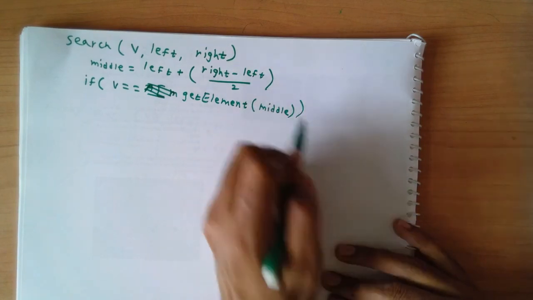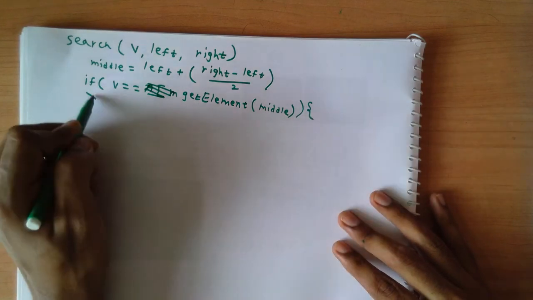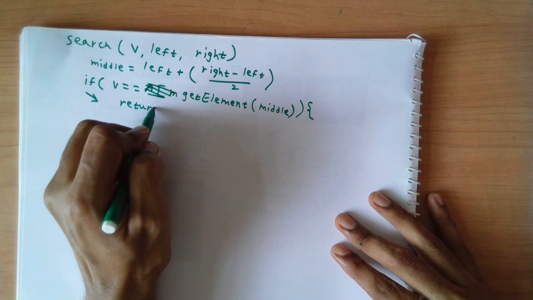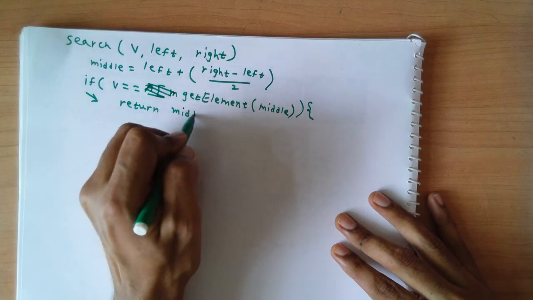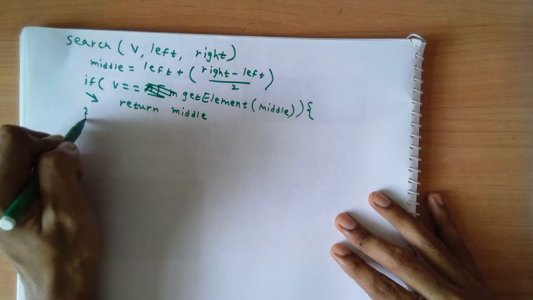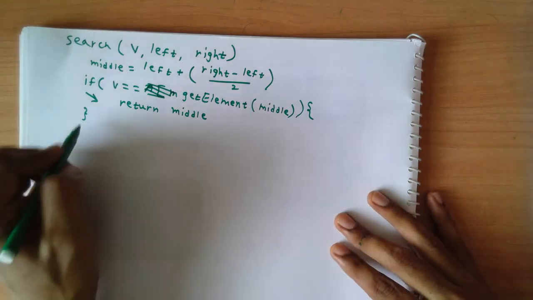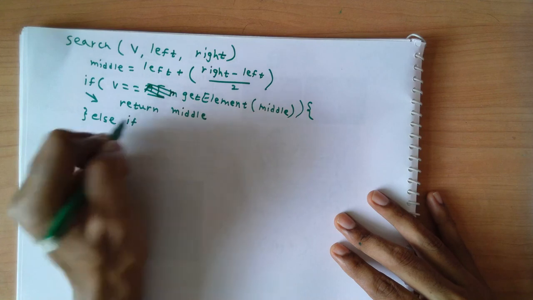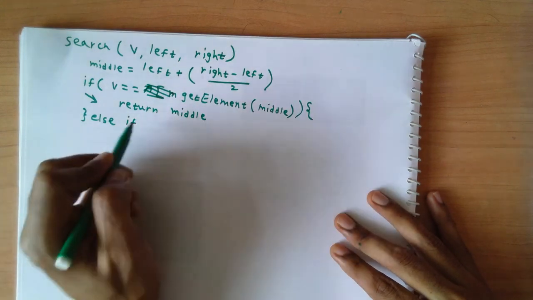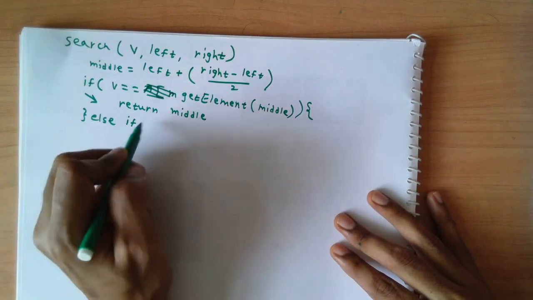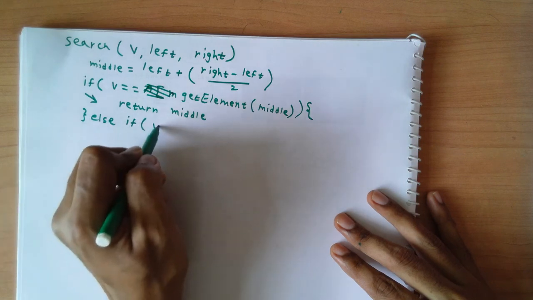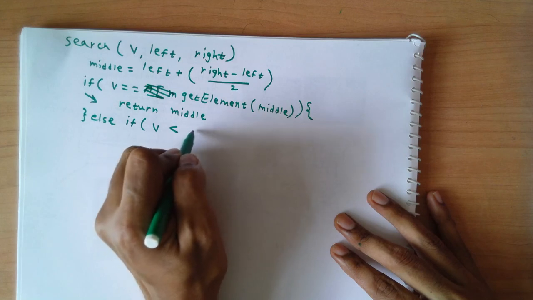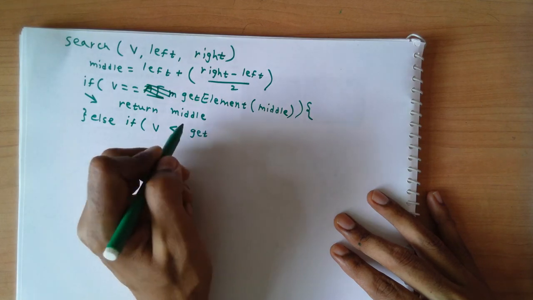So if we compare them and the result happens to be true, in that case we will return the middle. However, else if, now we are going to give one more condition. What is that condition? The condition is that if v happens to be less than this get middle element,